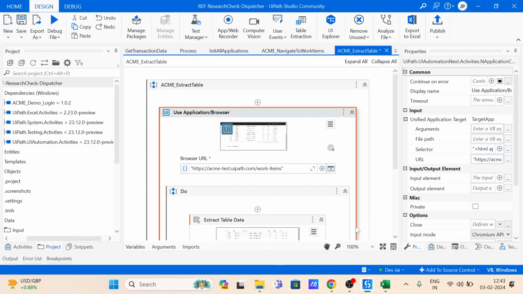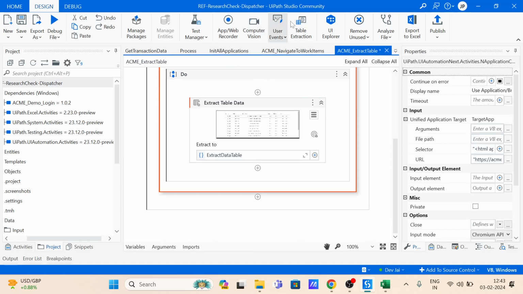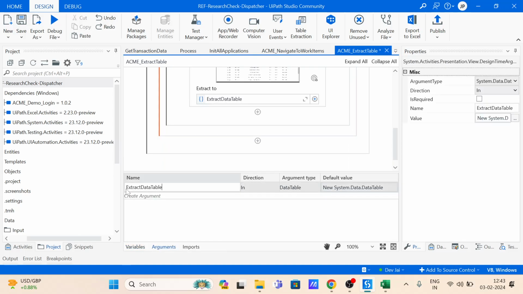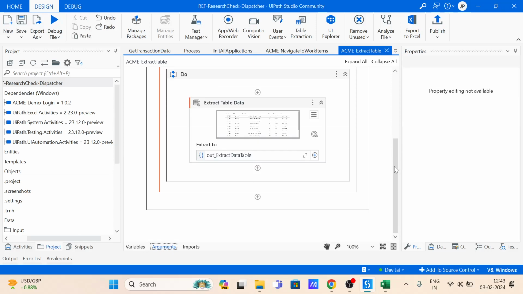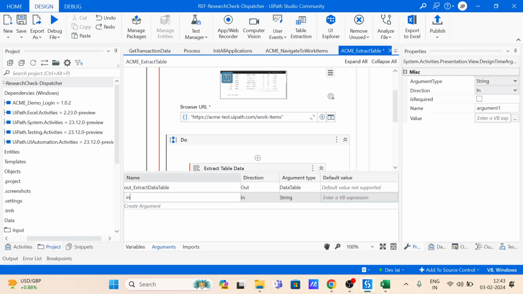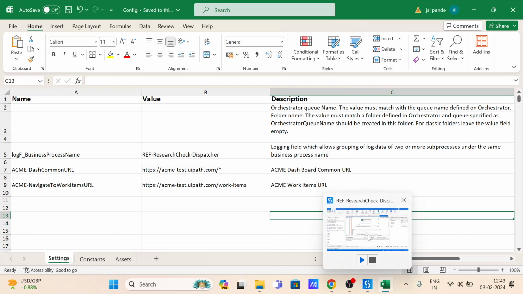Okay, so what we did, we just created a table out of the table extraction wizard, and हम यहाँ पे we can just convert it to an argument, and the argument will be of type, I think you guys know the answer, out, because we're throwing something out of the data table, right? Save it. ये पार्ट क्लियर हो गया होगा आप लोगों को, ठीक है? यहाँ पे क्या आएगा, यहाँ पे अगेन वर्क आइटम्स का यूआरएल आ जाएगा, because we are not keeping anything in this part. यहाँ पे क्या लिखा है हमने, वर्क आइटम्स, राइट? नेविगेट टू वर्क आइटम्स यूआरएल, ओके।